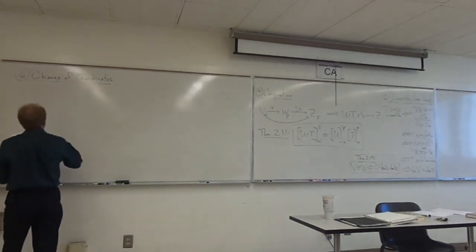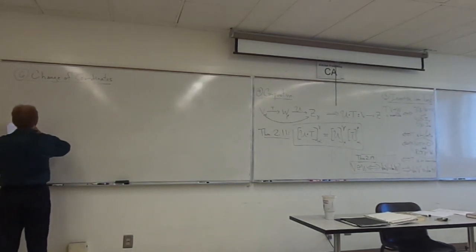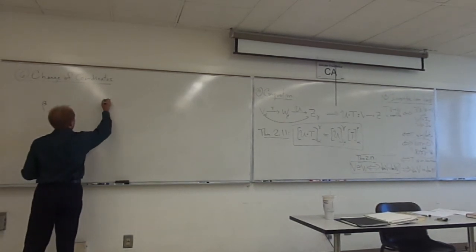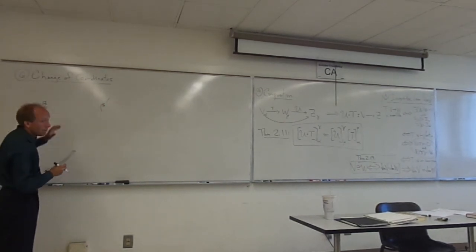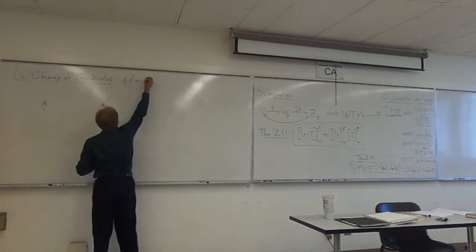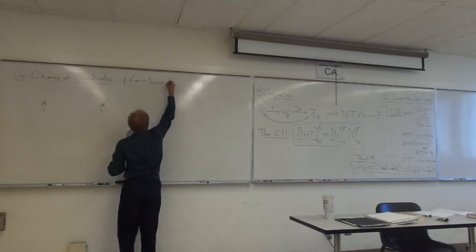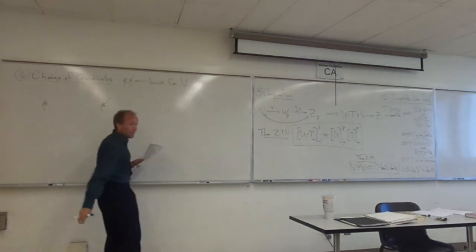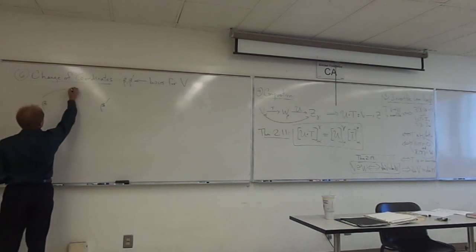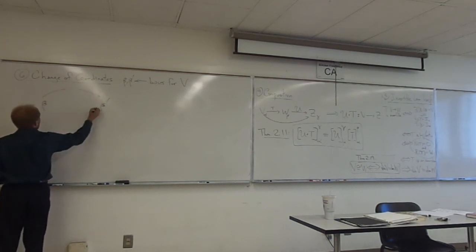Let me remind you of the setup of this. Basically, so we have beta and we have beta prime. These are my 2 bases for V. So beta and beta prime, these are bases for some vector space V that we're starting with. And the idea is that we can convert sort of from one to the other, or back again,